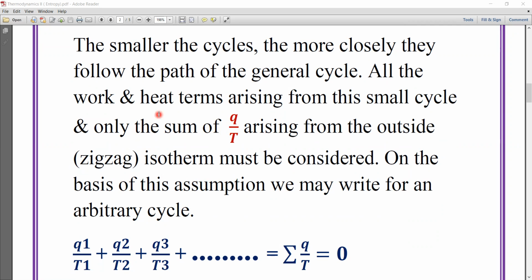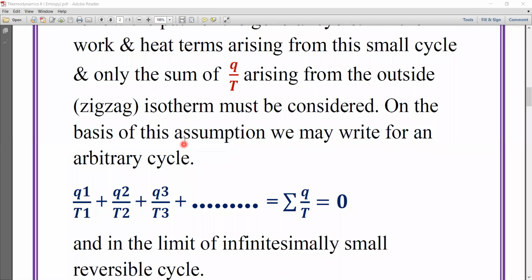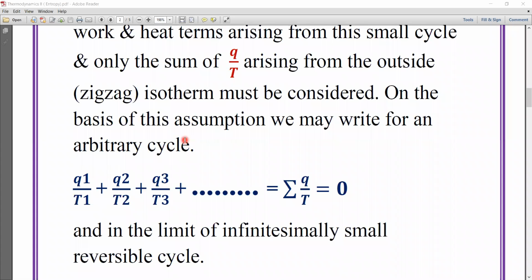So all the work and heat terms arising from this small cycle cancel, and only the sum of Q upon T arising from the outside zigzag isotherm must be considered. On the basis of this assumption, we may write for an arbitrary cycle: if an infinite number of such cycles is there, the sum of Q upon T, where Q is the heat absorbed and T is the absolute temperature,